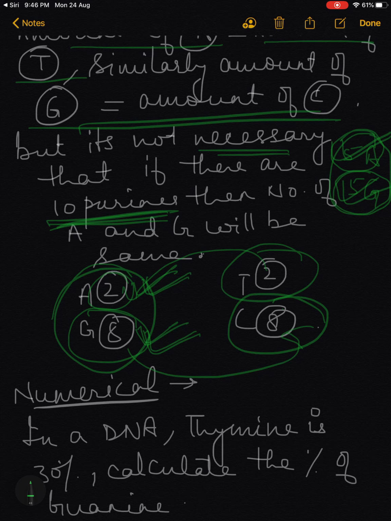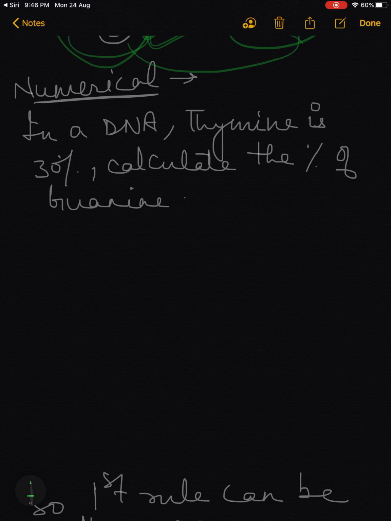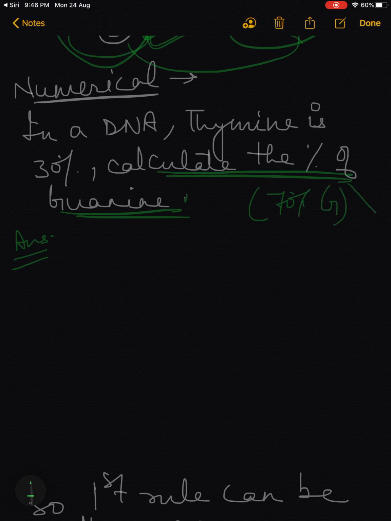Okay, so this is about the Chargaff rule, and just what kind of questions can come to you. I have given you this numerical. In a DNA, thymine is 30%. So you have to calculate the percentage of guanine. So thymine is 30%. What will be the percentage of guanine? And children, whenever I ask this question, children immediately, without thinking, give me the answer that 70% will be guanine, which is wrong. Now how you have to work this out, children,